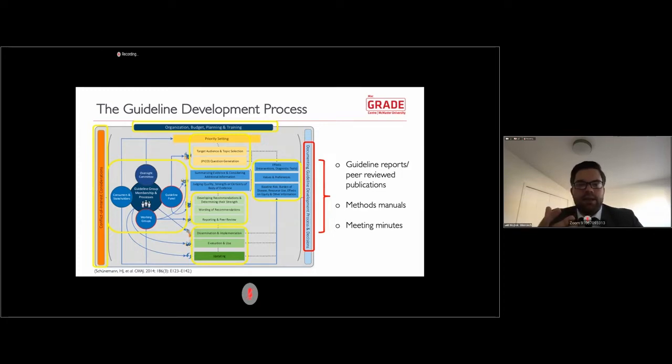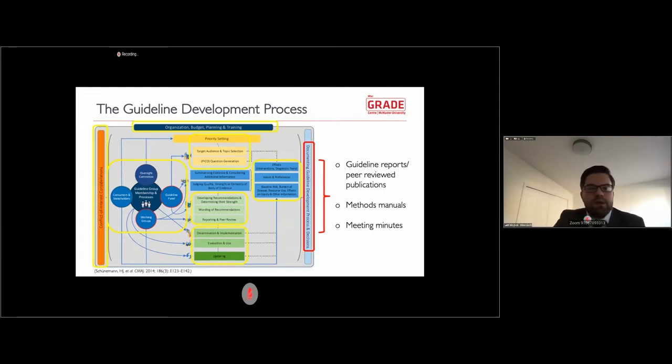And details about the methods and decisions for the development of the guideline are then reported in either guideline publication, peer-reviewed publication, or methods manuals or meeting minutes. And in terms of advancements in guideline development methods and using this approach, using the guideline development checklist to guide